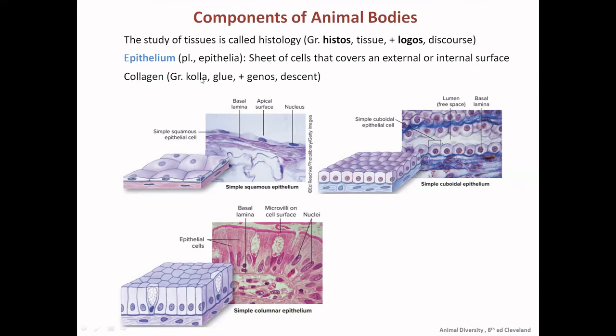What is the form of the collagen? The colla means glue and this is the genus. So 3 types of the epithelium are there. One is a simple squamous epithelium. You can see these are the flat shaped cells. Then next is the simple cuboidal epithelium. You see there are the cube-like cells. And there is a simple columnar epithelium. You can see there is the column cells. So epithelium, based on the type of the cells it is forming, can be squamous, cuboidal, and columnar epithelium.